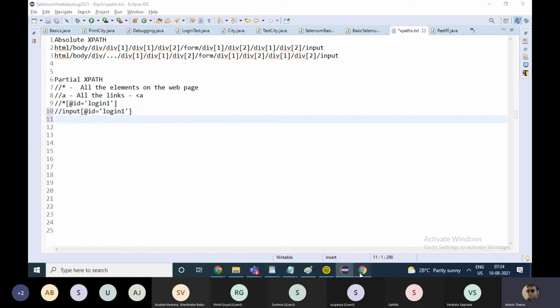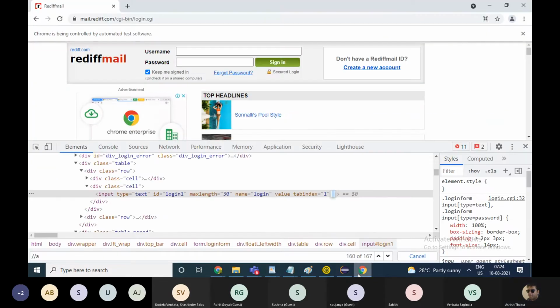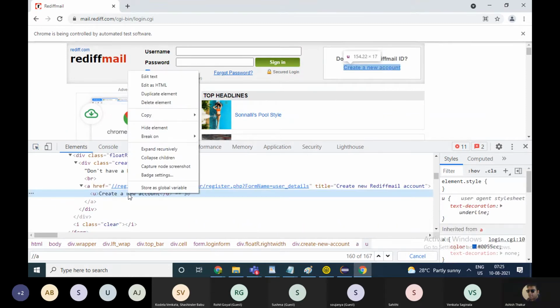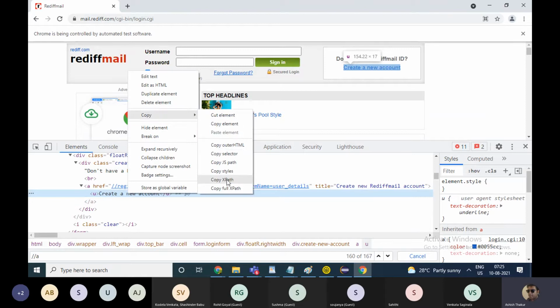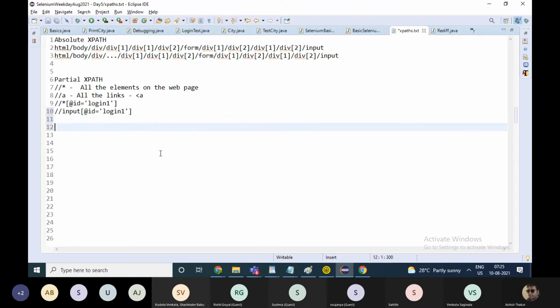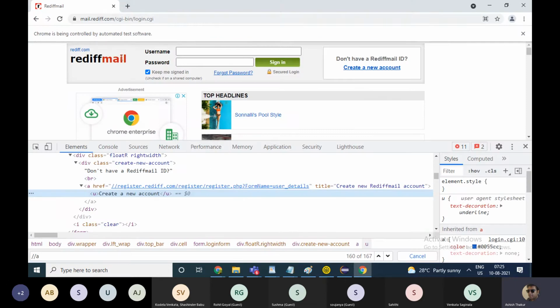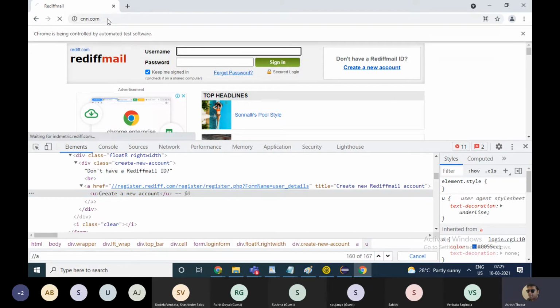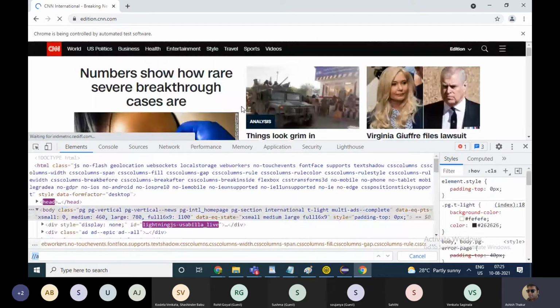Now, if you observe some other element, like for example, this is create new account. If you copy the partial XPath for this, not this one. Hold on, let me go to some other website like CNN.com.